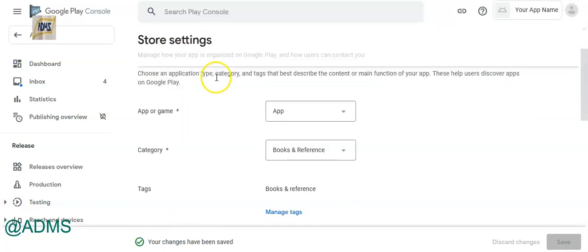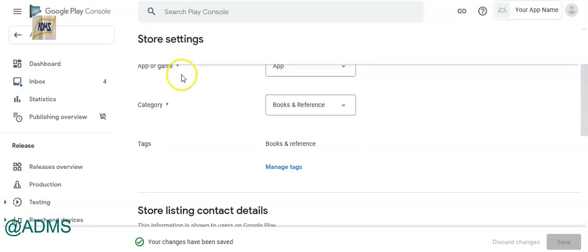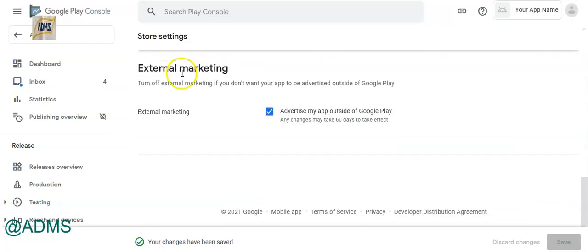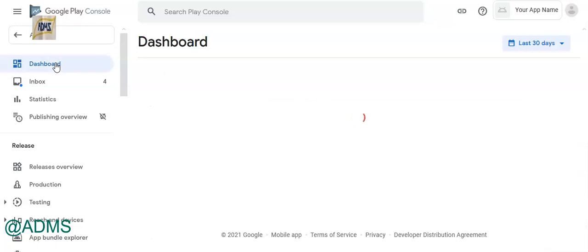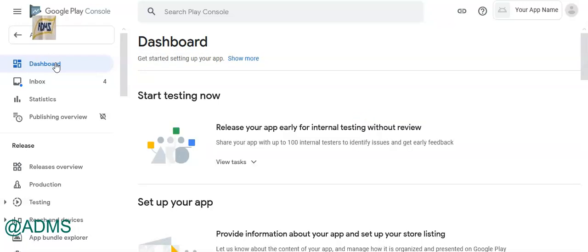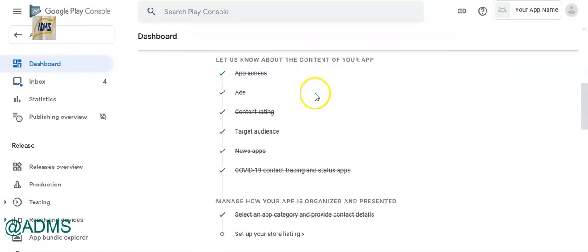Now let's go back to dashboard again. Okay, so we have now completed 7 of 8 steps.